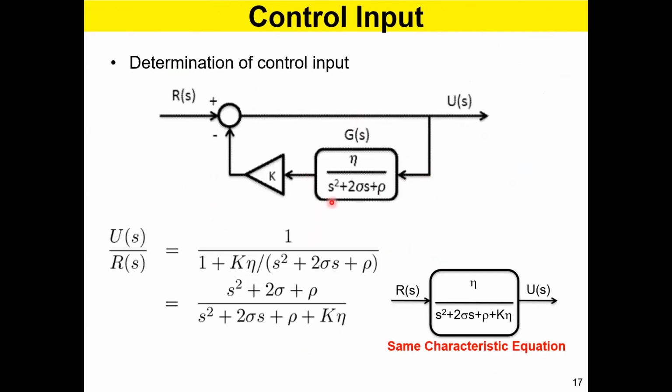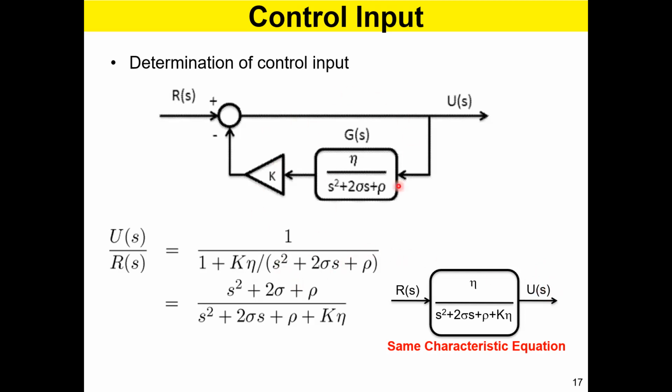Right, so this transfer function comes with K now. The forward open loop transfer function is 1, so it becomes 1 over 1 plus K times this thing. Once you simplify it, it becomes like this. This is the transfer function we use to monitor how the controller is performing. And it's interesting to note that